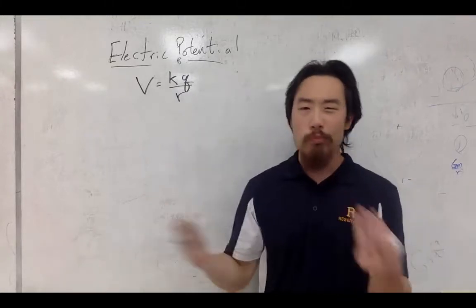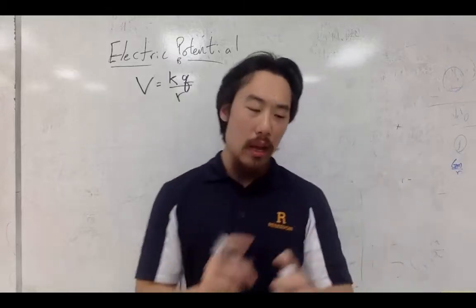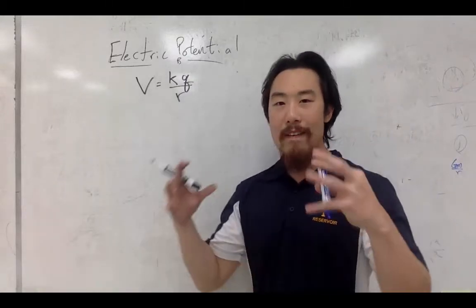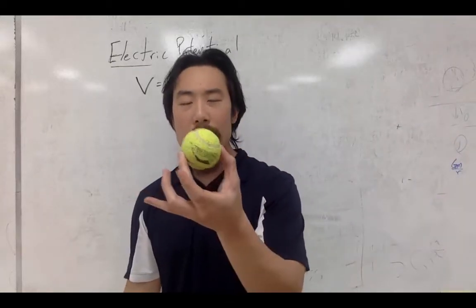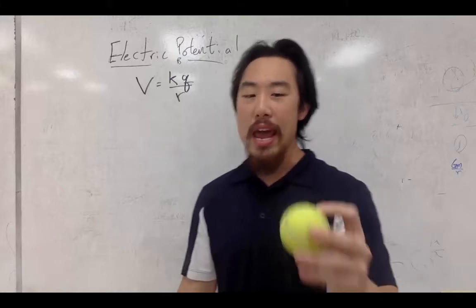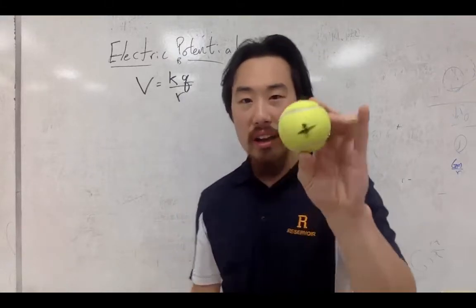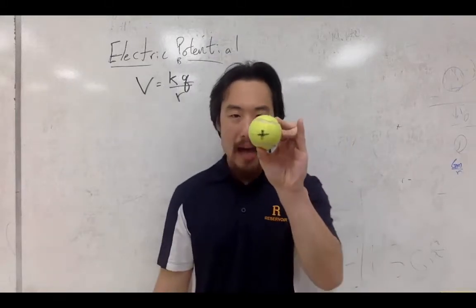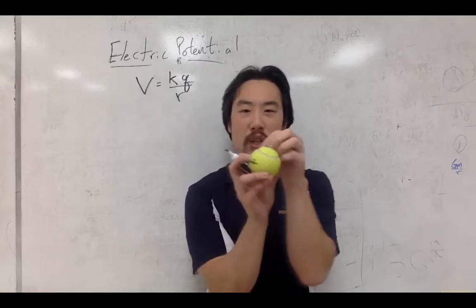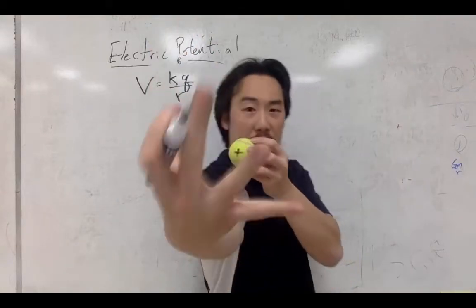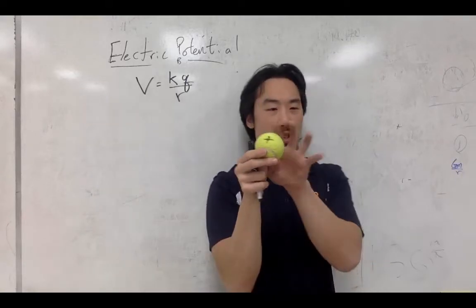it's important to know how we can figure out the electric potential based on one other very important idea, the electric field. All right. Now, I'm going to use this tennis ball as my model for the charge. Now, let's say this is a positive charge. All right. It's officially a positive charge. So we have a positive charge, and this positive charge has an electric field that is shooting out in a 3D fashion. Okay? The electric field lines are pointing at you in a way, and it's just going all over